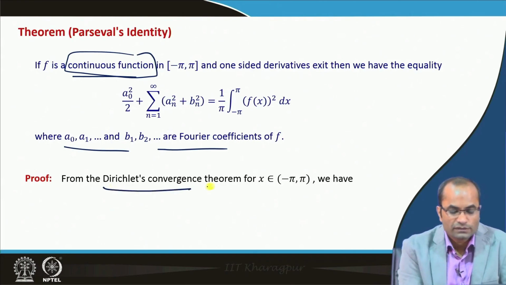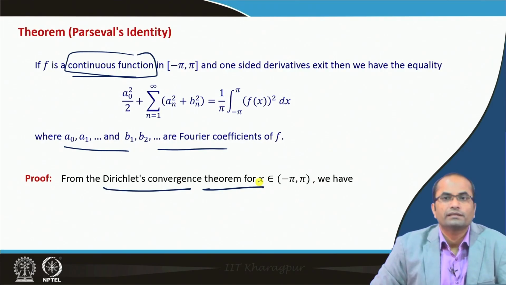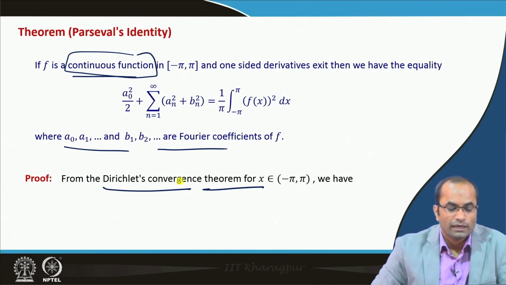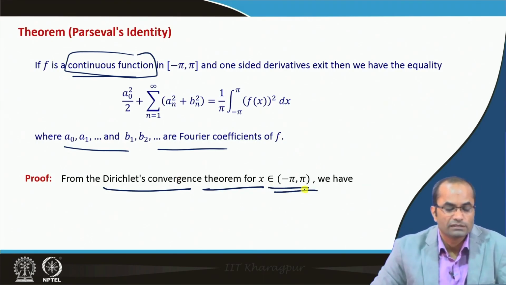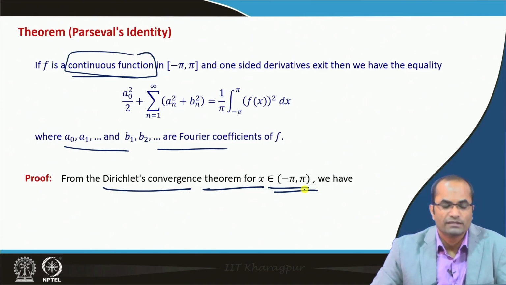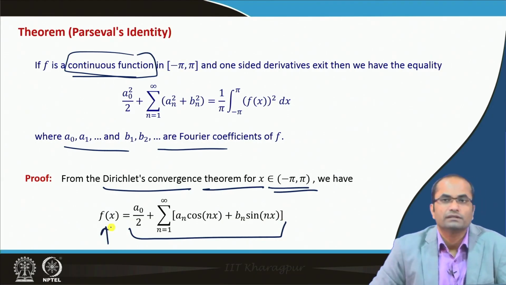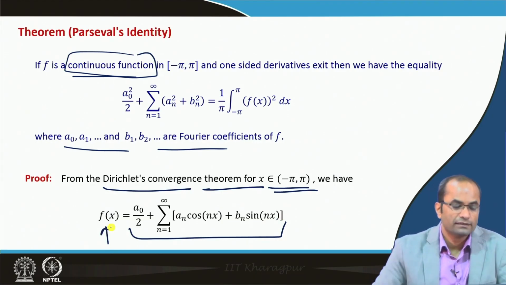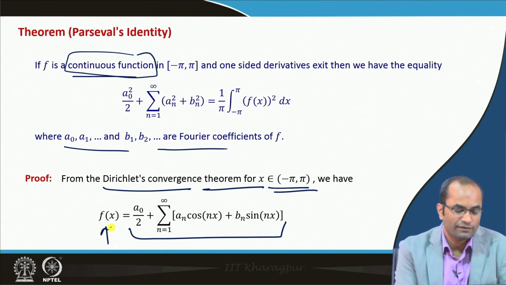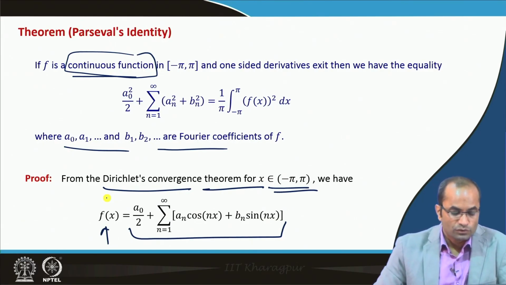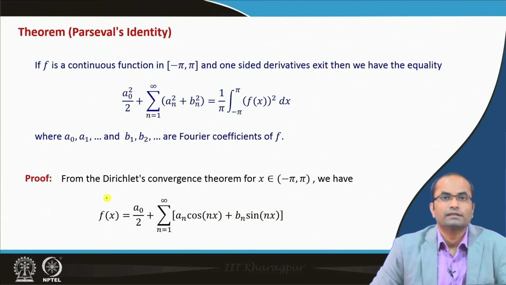So, from the Dirichlet's convergence theorem, and that is the reason we have taken these additional restrictions, because we can apply the Dirichlet convergence theorem in this region from minus pi to pi, because the function is continuous and one sided derivative exists. So, we have exactly the equality, that means this Fourier series converges to this function f x. If we do not take the continuity assumption there, then we have to have the average value, and again the results can be proved, though it may be a little bit lengthy. So, here we have this convergence result, that the Fourier series